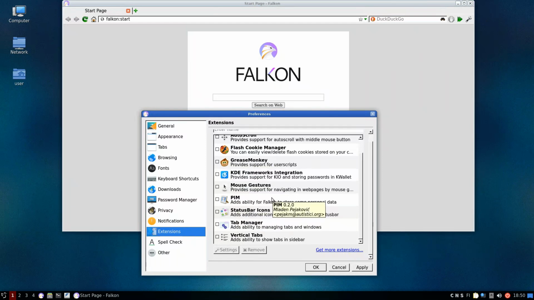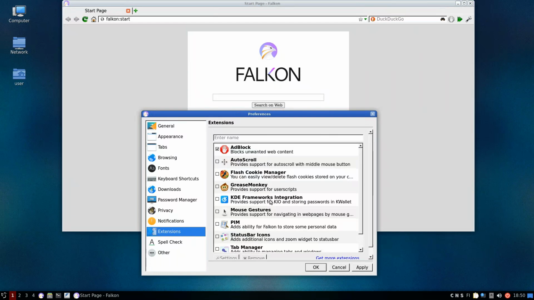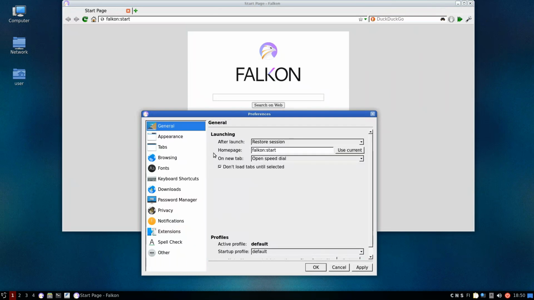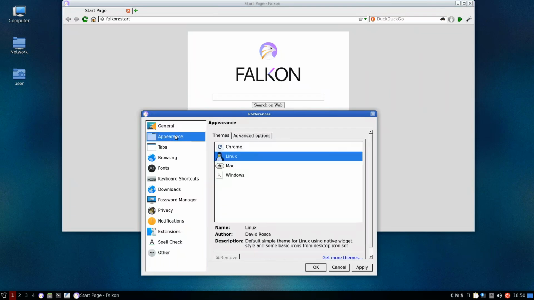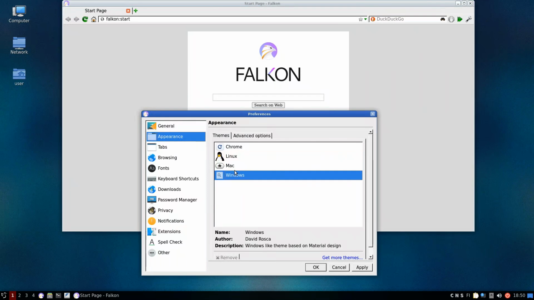So such bad features that Chromium may get, there's a chance that Falkon doesn't necessarily get all the bad things from Chromium, from Google directly. The people behind Falkon might decide to get rid of some of the bad things